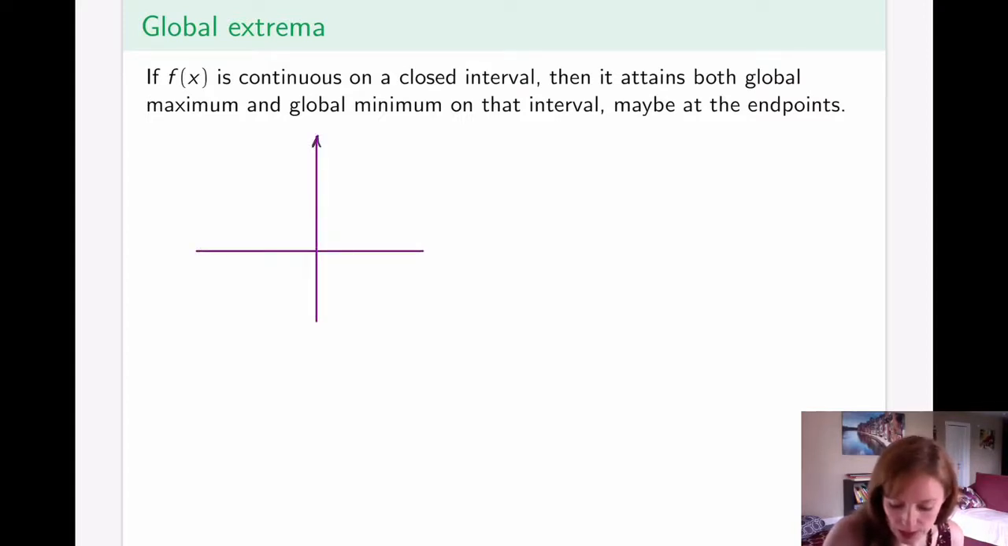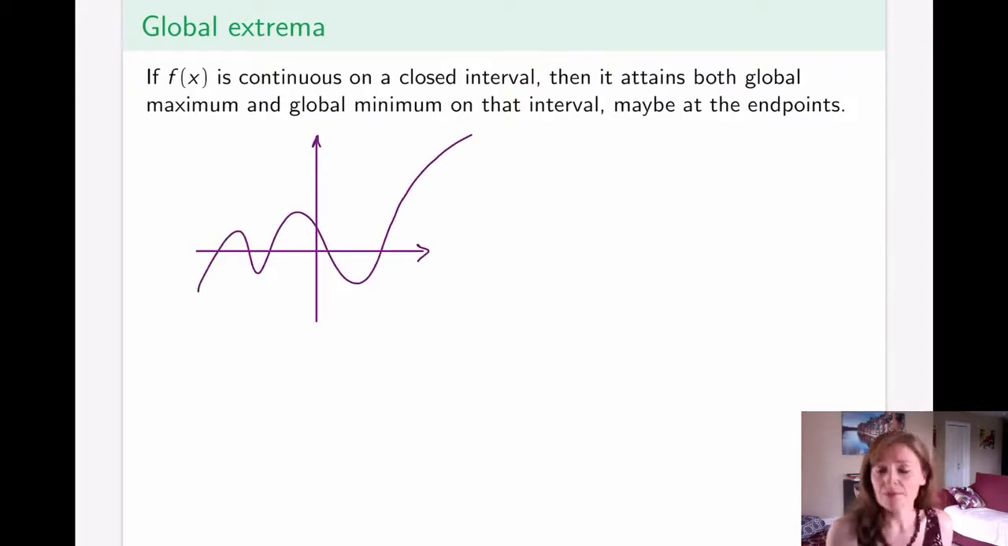Let's say I have a function that looks like this. What it's saying is if I pick a window that I look at the function through, I'm guaranteed to see the highest point and the lowest point. They might occur at the natural peaks and valleys, at the local maximum and minimum, or they might happen at the endpoints. So for example, if I take a look at this as my closed interval,